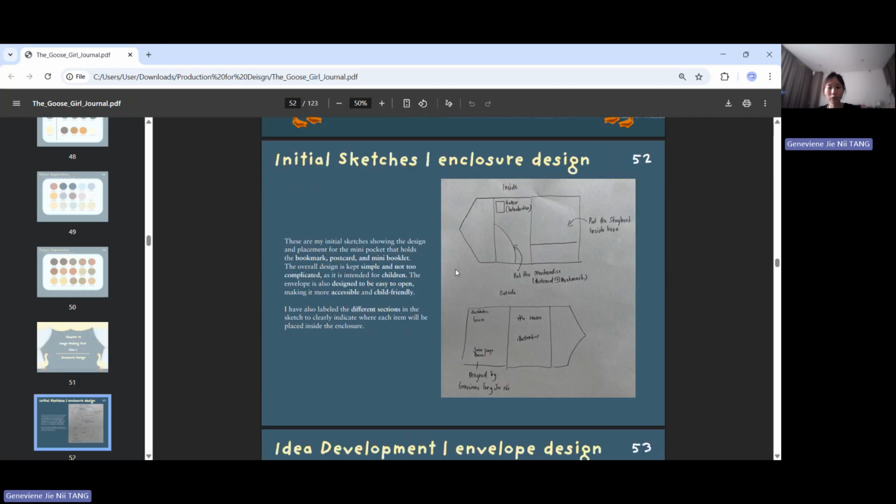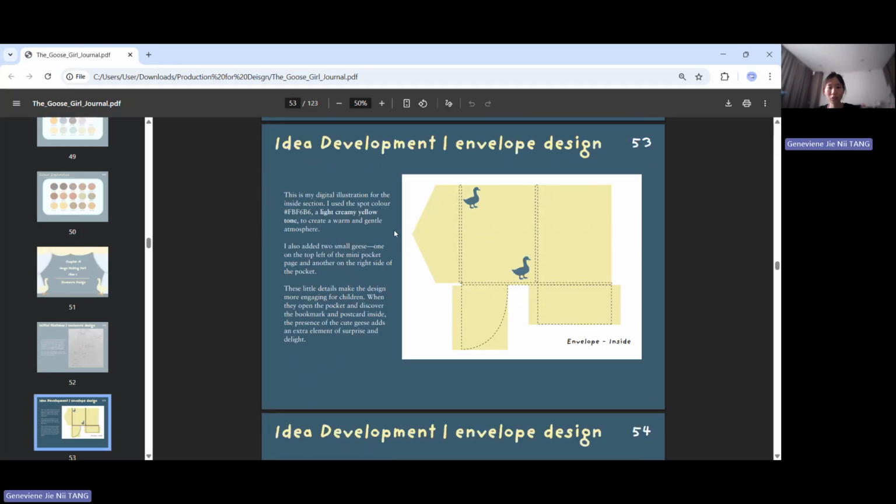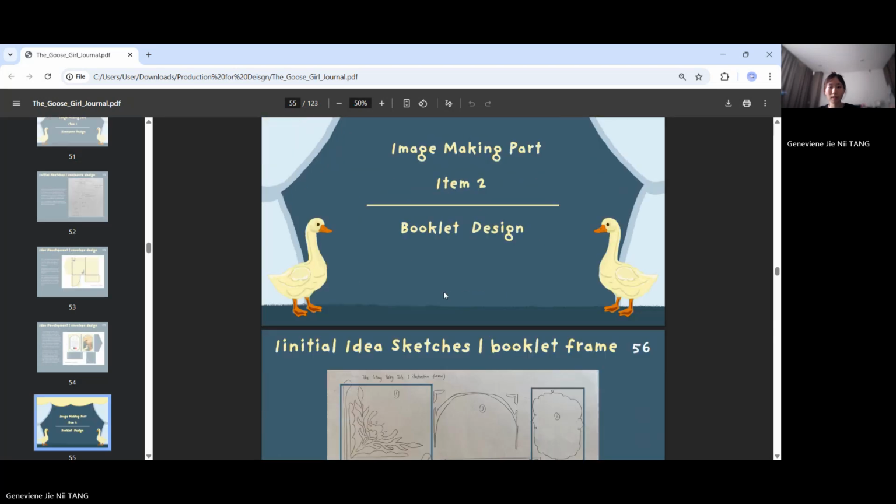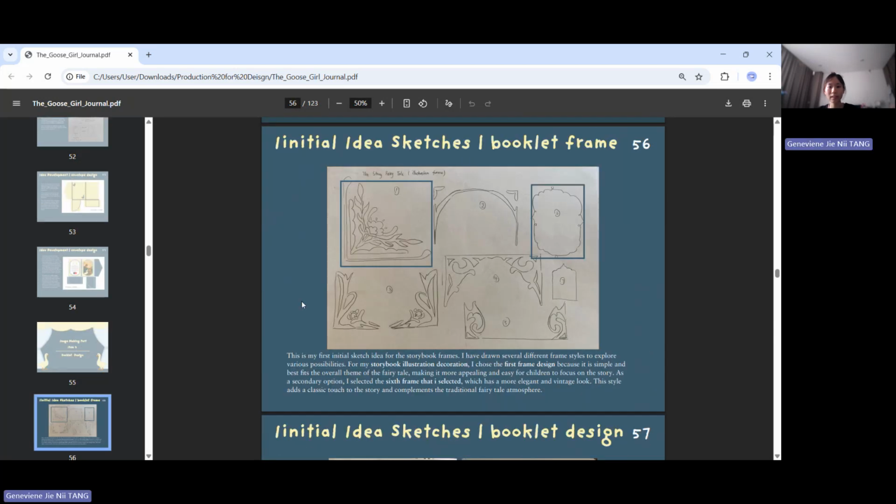Next is my image making. For the first image making, I drew the sketch. And this is my digital illustration. My design is very simple and does not have anything too complicated like animals or people inside. And this is the outside one for the front and back. And second is my booklet design, and this is my